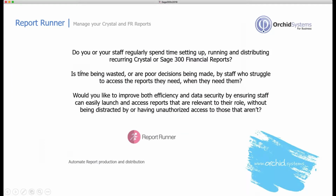Report Runner is focused on managing Crystal and financial reports. So if you have staff that spend a lot of time setting up reports, running them for different parameters, the same every week, every month, and distributing them by emails to various people across the organization, saving snapshots at certain times of the year on the first day of the month, and wasting time finding the reports that they need, not being sure which one is the latest one, then Report Runner is a good candidate for you,